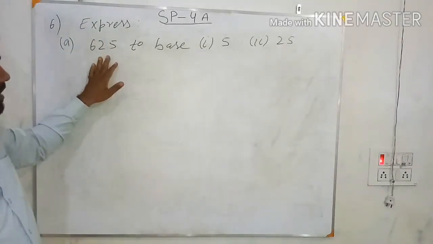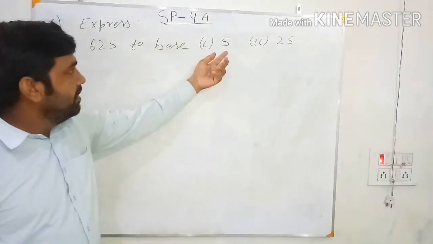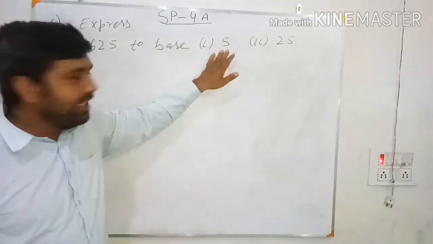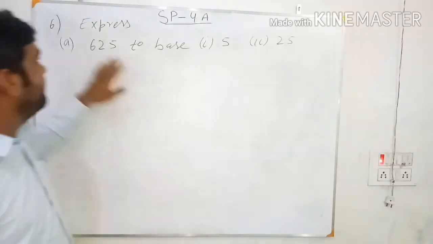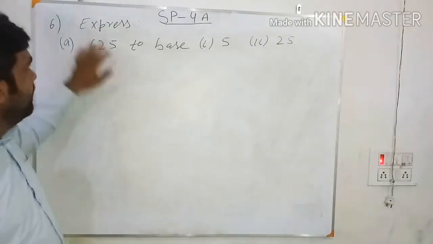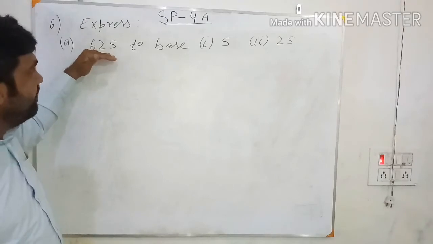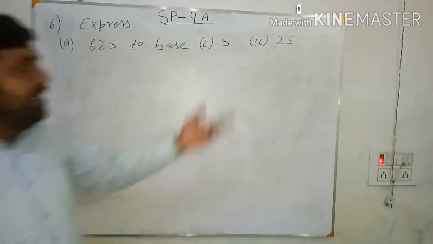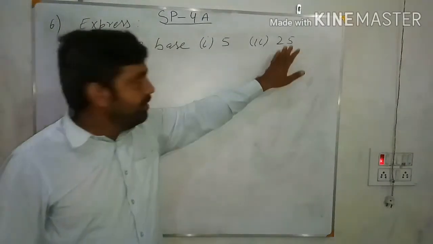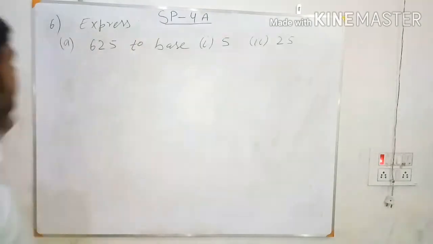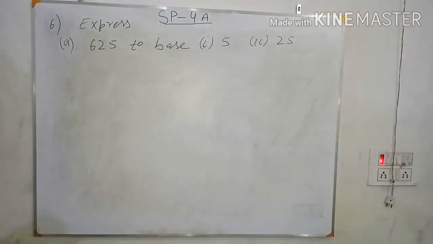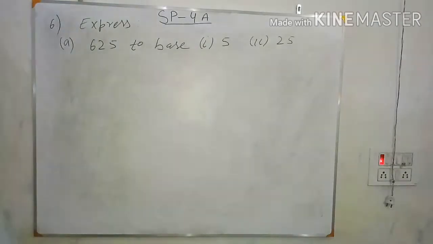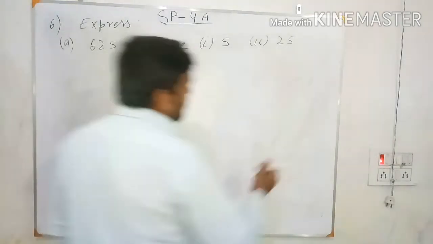In the first condition, the base we have to take is 5, and the power means how many times you multiply this 5 by itself to get the value 625. We have to express this 625 as base 5 and as base 25. That means how many times you multiply 25 by itself to get 625. So same thing, first you have to do the factorization. First you factorize 625 and then after that you can write it.